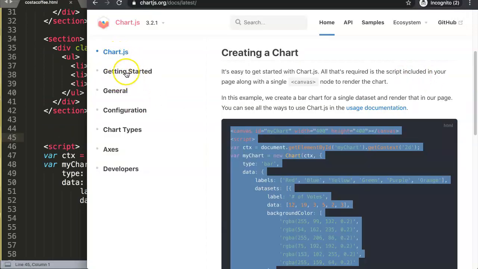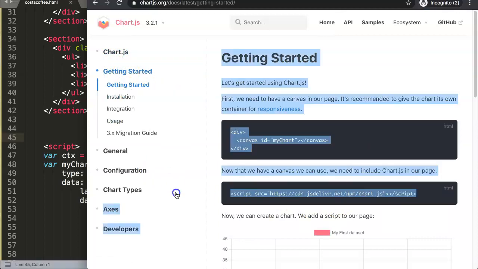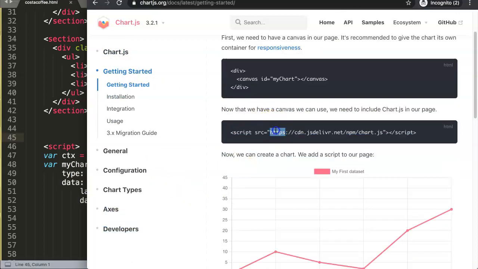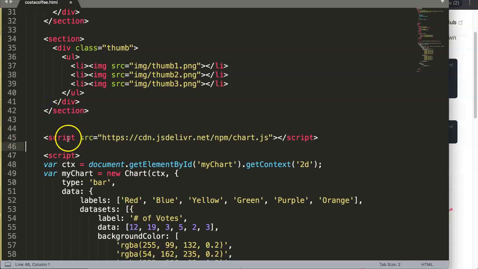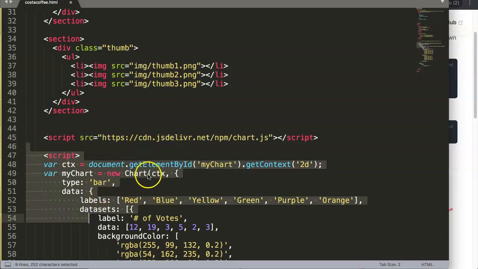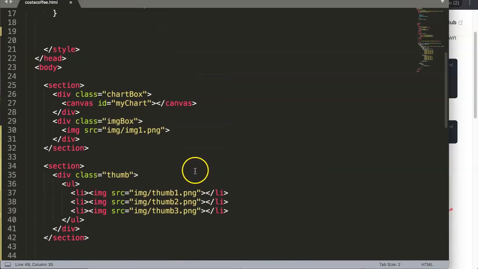So once you click here and then we click on getting started, we'll open up the Chart.js library link in the CDN. I'm going to copy this one. And once I copy that, paste this in here, make sure you paste this above your JavaScript command that is related to Chart.js. Alright, so once we have this, what I want to do first is